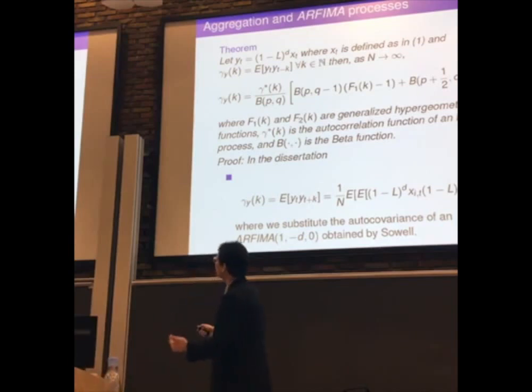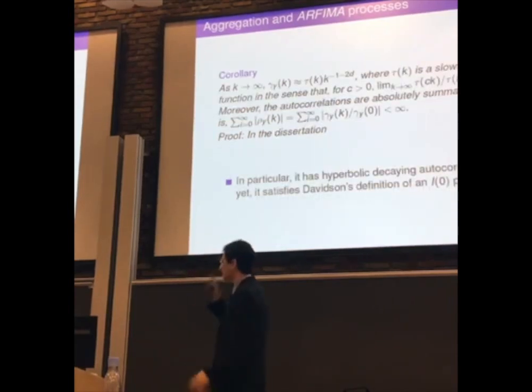Another thing that I forgot to mention: this autocorrelation function is not the same as the one from a normal process. So what we did, we tried to take the memory out. Still, what remains is not a normal process. Something that I'm going to go back to, because I just noticed that it's not a normal process. Yet we can see, and we also see this in the corollary, we are interested in what happens if the autocorrelation function goes to infinity, so k goes to infinity, how this looks.